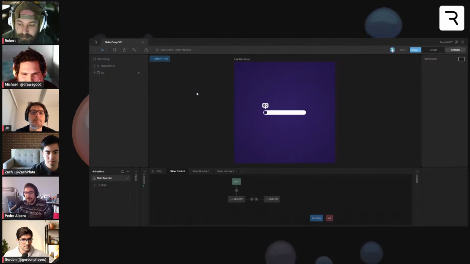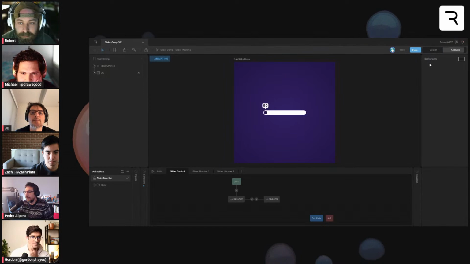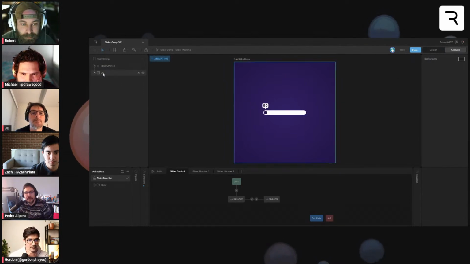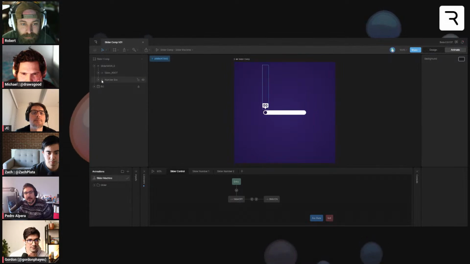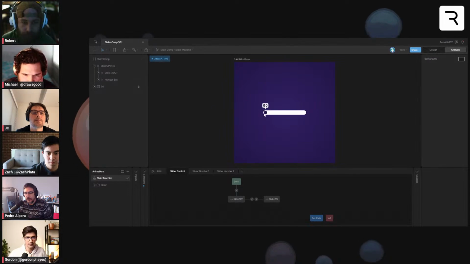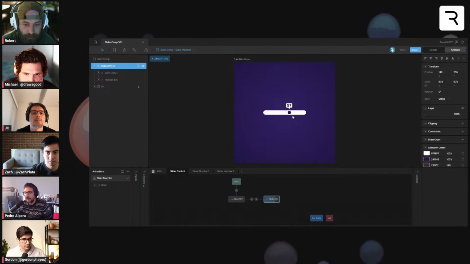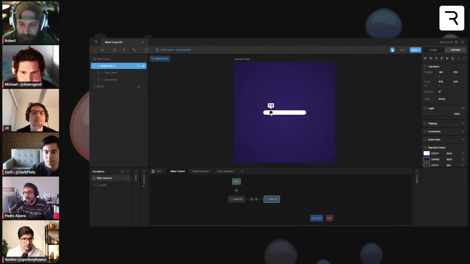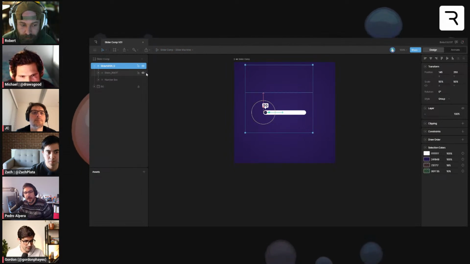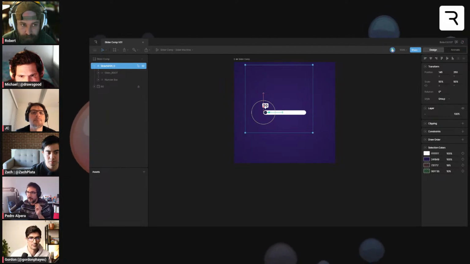Okay, I made this example for the community, so you have a starting point or a slider that you can reuse in your own files. For the slider button, if I hit play, you can move the circle. The circle is just a drag and drop. And you have a constraint with a limit.